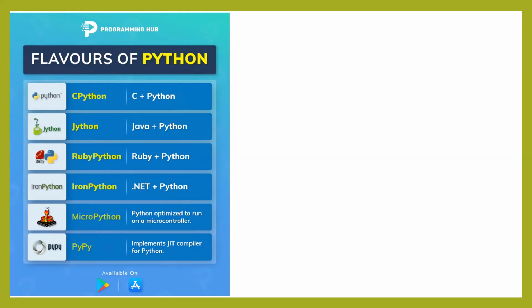And there is one more Python called Anaconda Python. Anaconda Python means we can use it for large volume applications. If we have a large volume of data, like machine learning, data science, we can use Anaconda Python as an IDE, and we can use that flavor. So these are the flavors of Python.